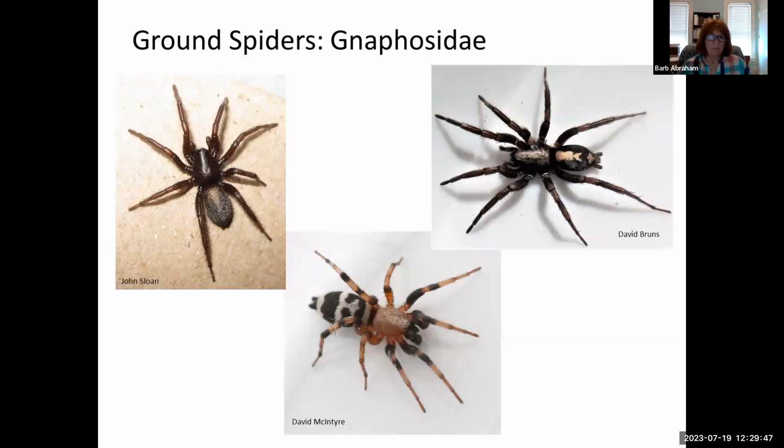Now, I've shown you some pretty ground spiders, and these guys are pretty much on the ground, although you can find this parson spider in cabins a lot. But these guys would be more in the litter. But when you get down into the soil, you find a lot of little tiny spiders. Okay, so again, these are all predators. I won't call them top predators, but they're definitely carnivores in the food chain.